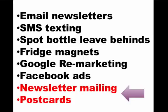They don't have to get email newsletters from you. They don't even have to be online, but they have to get their mail. And if it's a postcard, they have to almost really take a quick glance at the postcard that you send them. So here's some of the benefits that you get when you mail to your current clients